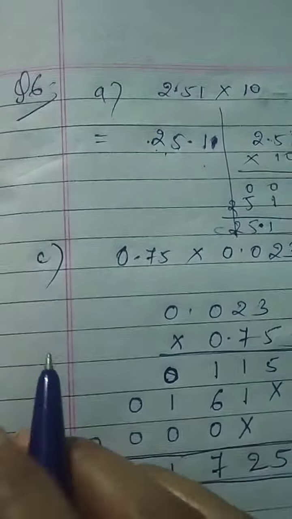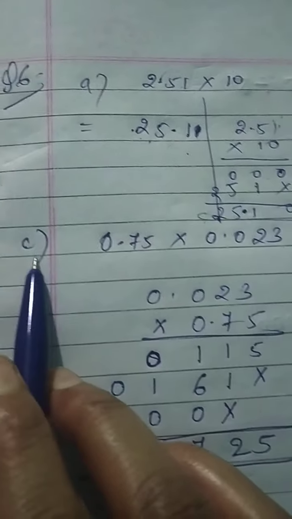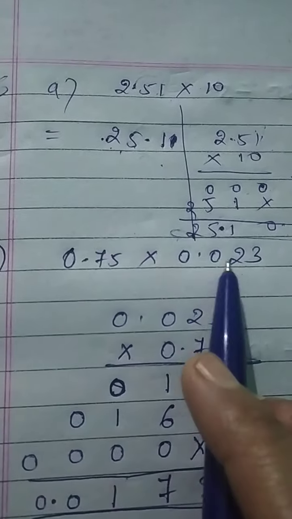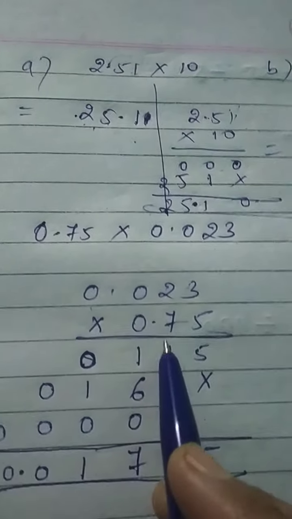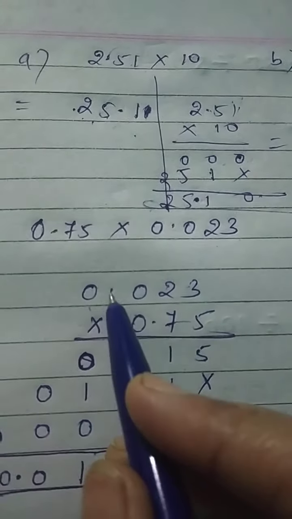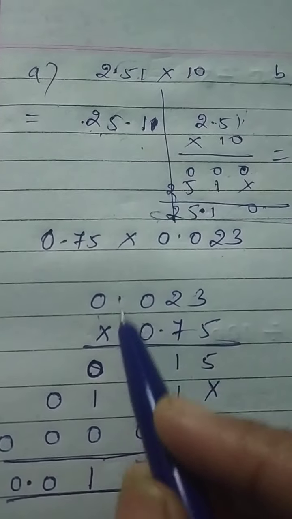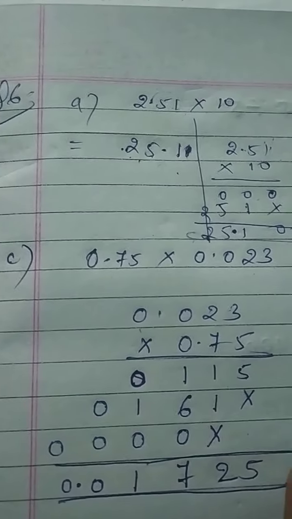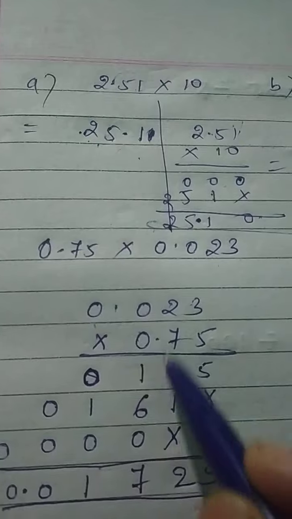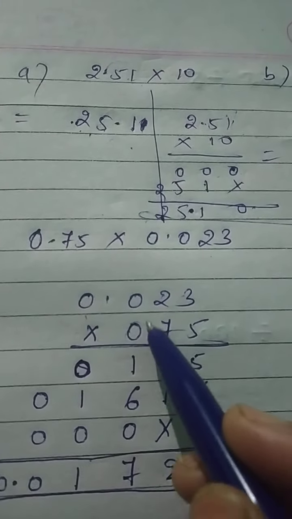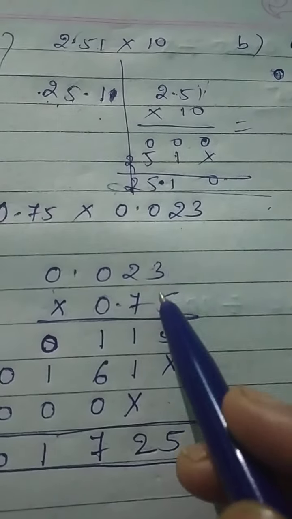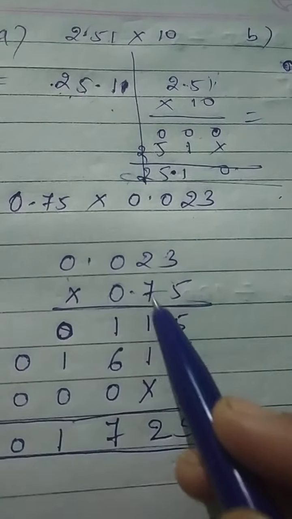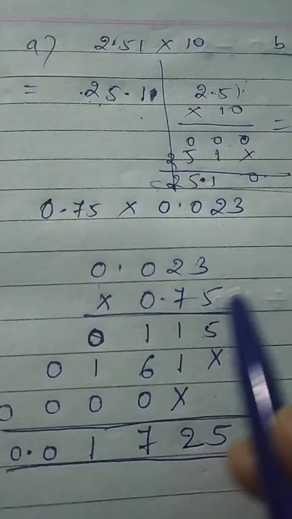Now question number A, B. Now C I am going to do. If two numbers are like this, two different numbers: 0.023, you can write this one first or this one down. Okay, but this time, for multiplication, decimal under decimal is not necessary. So you can multiply by writing the decimal numbers, and the decimal place can be changed. Okay, now you can multiply. 5 3s are 15, carry 1. 5 2s are 10, 1, 11. Now 11. 5 0s are 0.